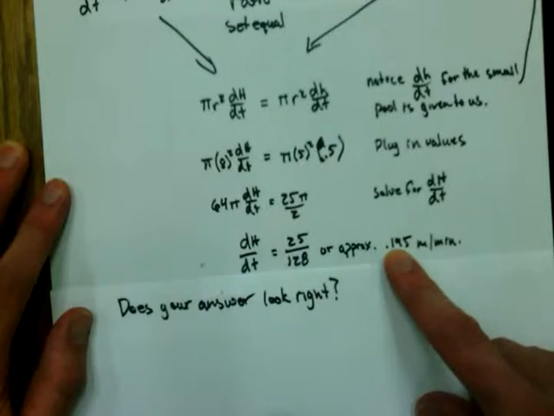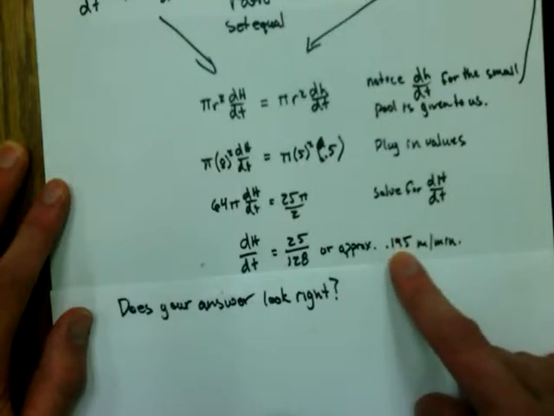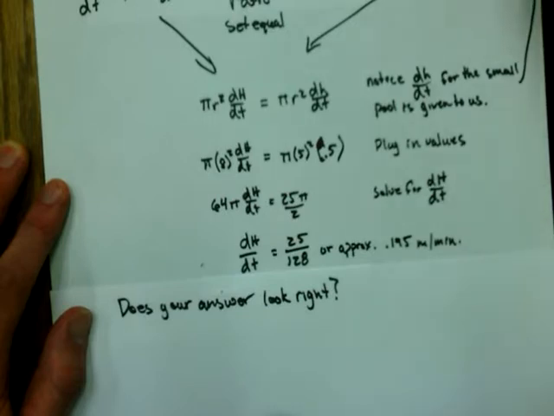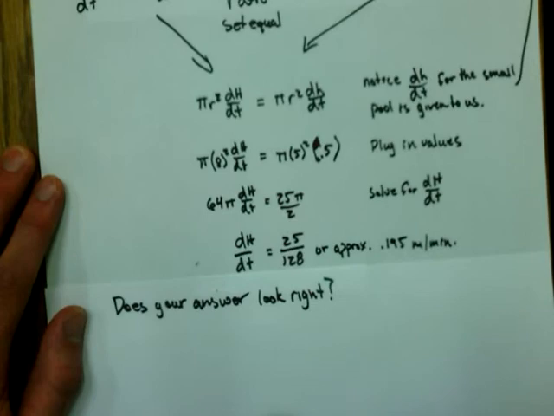Now, just a quick gut check, to make sure that we're doing this right. We should expect to see a positive rate of change because our smaller pool was rising at a positive rate. And we should also expect, since the 8 meter larger pool is bigger, that it should be increasing at a slower